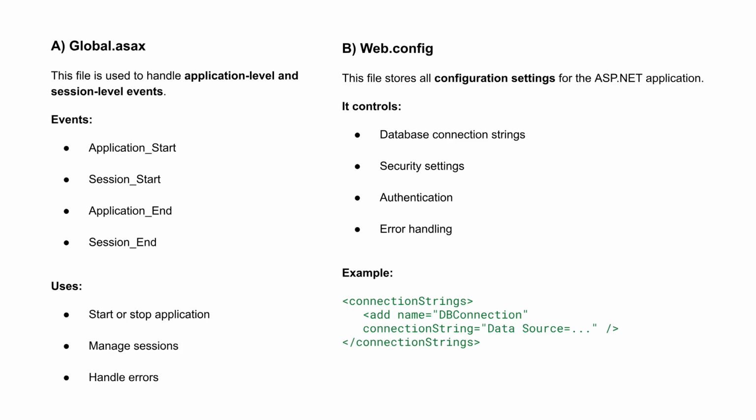B. Web.config. This file stores all configuration settings for the ASP.NET application. It controls database connection strings, security settings, authentication, and error handling. Example: <connectionStrings> <add name="DBConnection" connectionString="data source=" /> </connectionStrings>